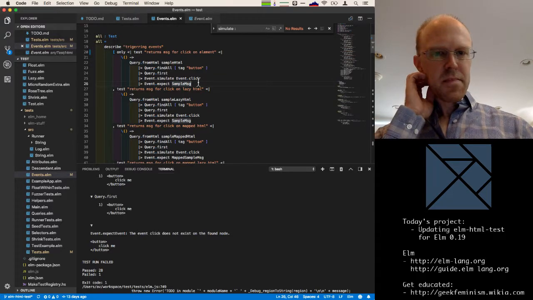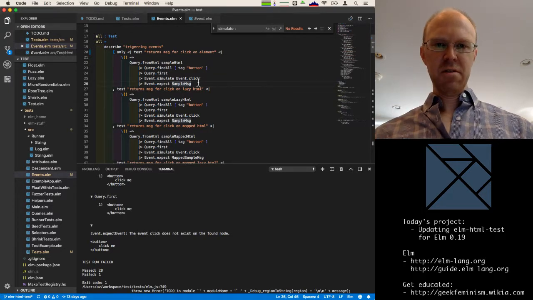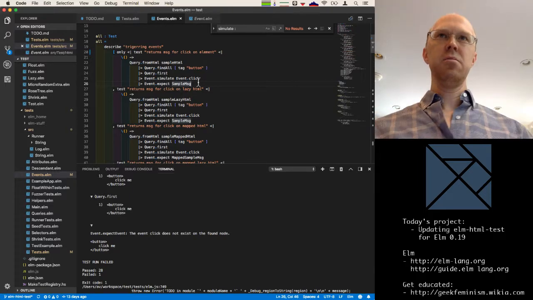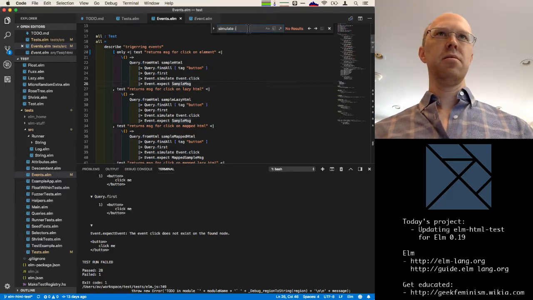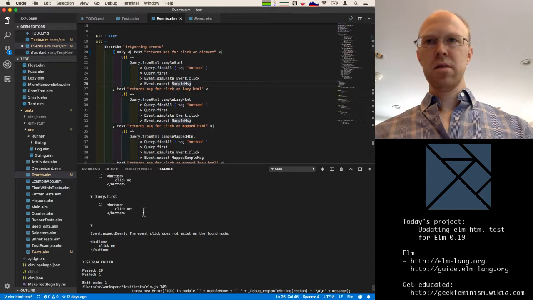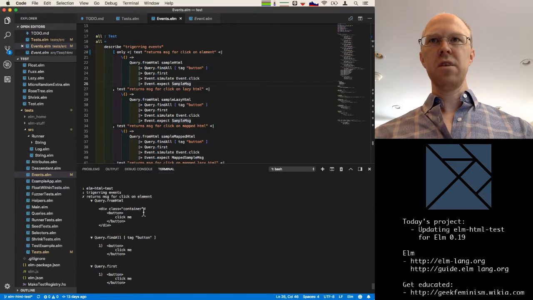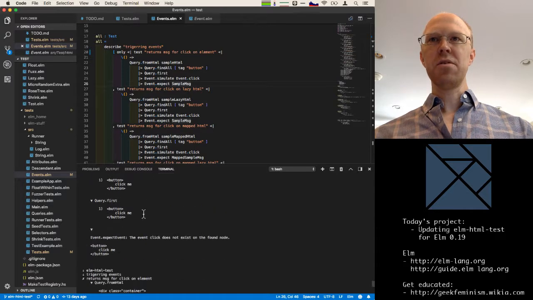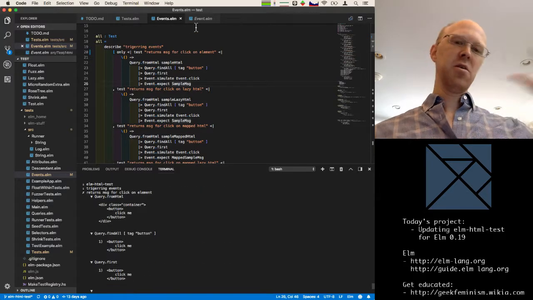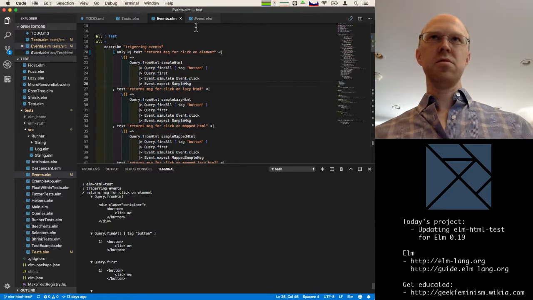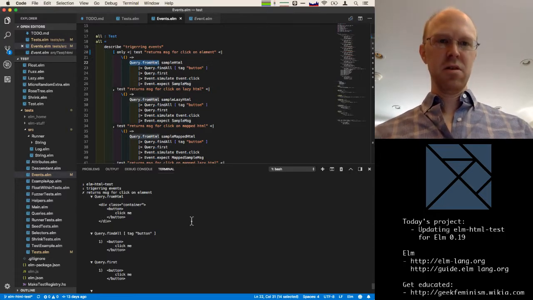Okay. Sorry if that's a bit convoluted for anyone who's not familiar with elm-html-test, but I think let's try to discover why it's failing. Could be a lot of reasons. The most common reason we've run into so far is that the decoders weren't right, and it was basically failing in the from HTML part because the decoders needed to be updated.